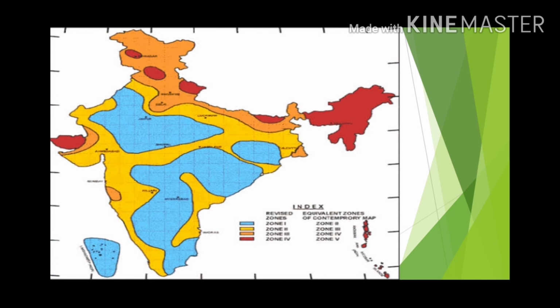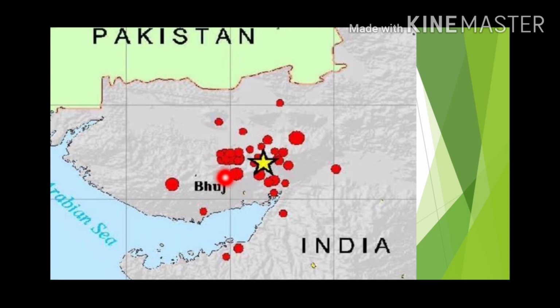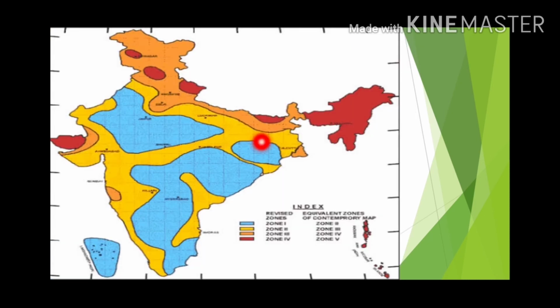Now students, you can see here this part of Gujarat, and if we recall, in this region is located Bhuj, and nobody can forget the earthquake of Bhuj, which was very destructive. Let us see in the map. So here is Bhuj located in Gujarat, and the destruction caused during the earthquake of Bhuj was tremendous. So let us come back to the map of India and let us discuss more.